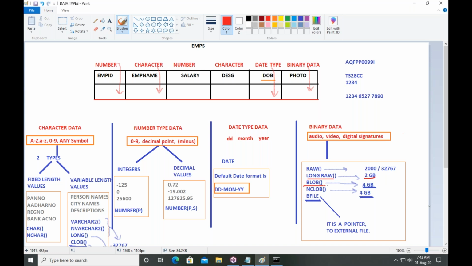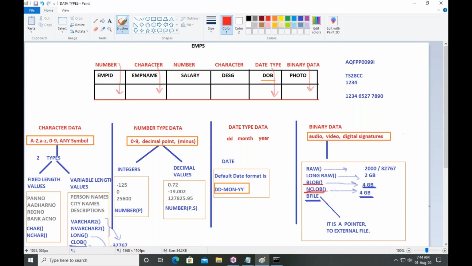BLOB is also to store binary data with maximum size 4 GB. LONG RAW is storing a 2 GB value, but BLOB is storing a 4 GB value. Next, the LOB types: it is also to store binary and character data, multi-character LOB.